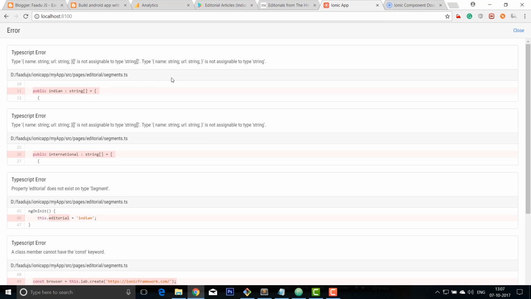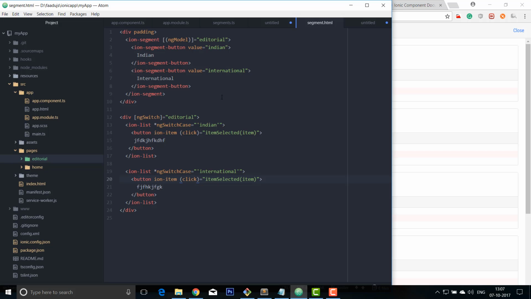Building, some error is there. Item name URL, I don't know what this is. Let's check this error. What is this error? Type string URL is not assignable to type string. I don't know the meaning of this error. I'll remove this item argument from here, and